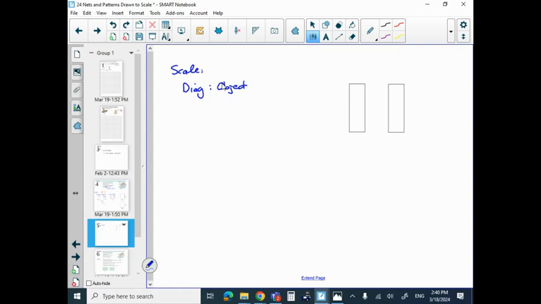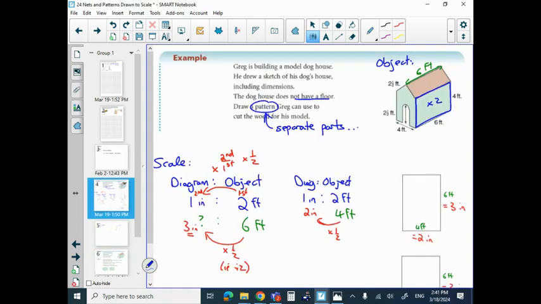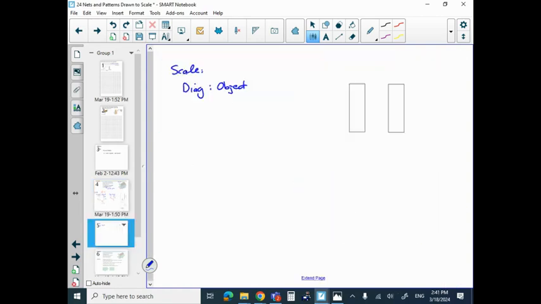So in the object, we said it was 6 feet and 2.5 feet, right? So we need to do another 6 feet, which is the same as before. So let's just tackle the 2.5. So 2.5 feet. I should put the scale in there first, like I did last time. So it's a 1 to 2 still. 1 inch to 2 feet still. And so now we have 2.5 feet that we're trying to figure out what the corresponding number of inches